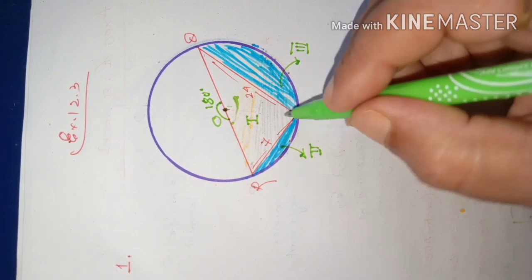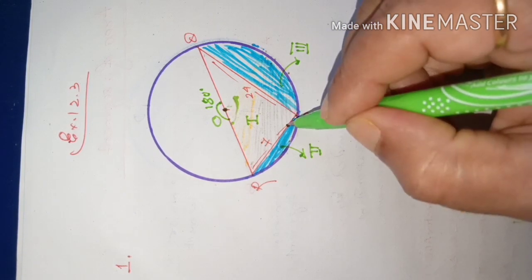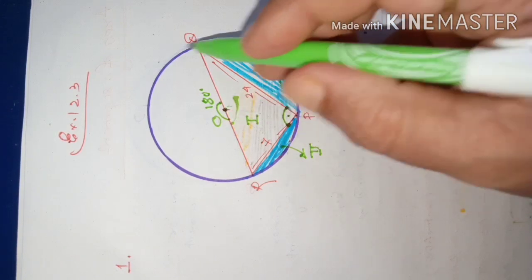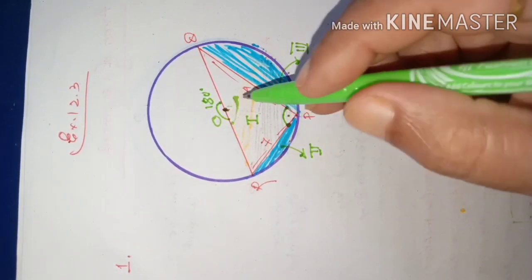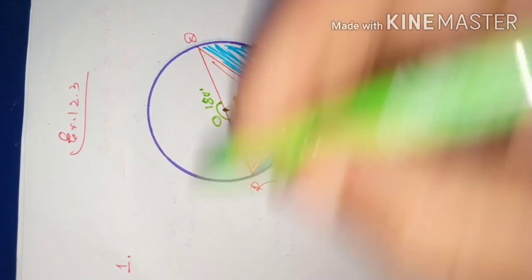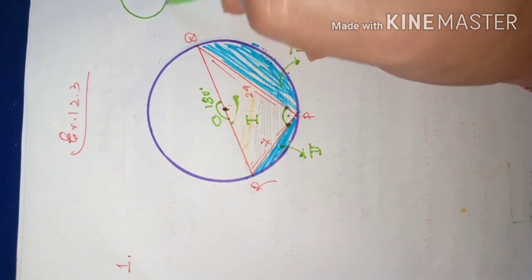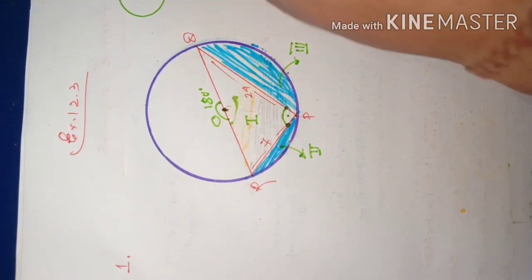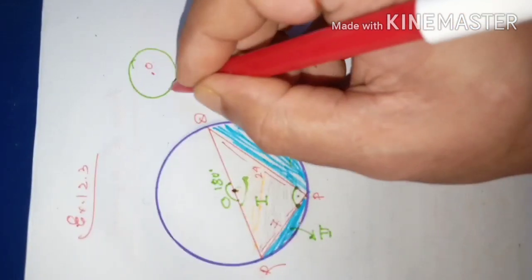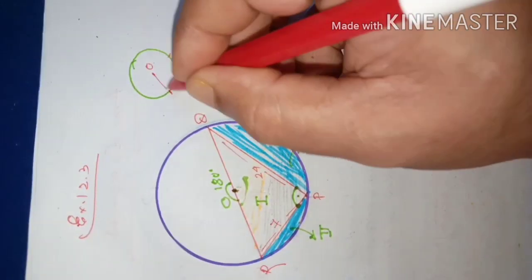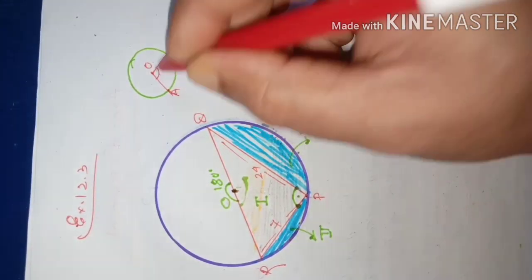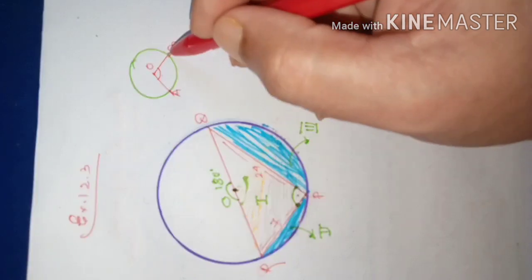In class 9 you have learned one theorem. The angle at the circumference of a circle is half of the angle subtended by the arc at the center. Means the angle at the center of a circle is twice the angle on the circumference. You recall, in the class 9 circle chapter, if we join the center of the circle with 2 points of the circumference, then the angle formed at the center, AOB, will always be double the angle subtended by the same arc AB on the circumference.